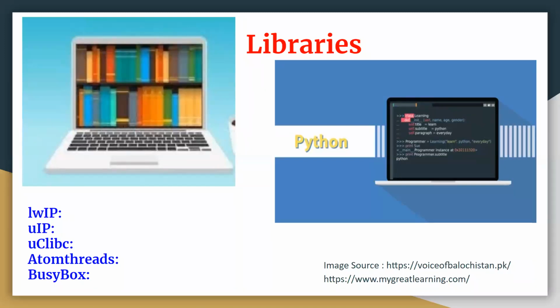It stands for lightweight IP, which belongs to the TCP/IP protocol suite. It runs under low resource conditions, requiring a RAM size of around 10 KB. So this is a lightweight library. Similarly, we have uIP, also referred to as micro IP, which is also part of the TCP/IP protocol suite, and it also runs with a small RAM size, usually in kilobytes. These libraries don't save anything in a buffer, neither the incoming packets nor the outgoing packets.